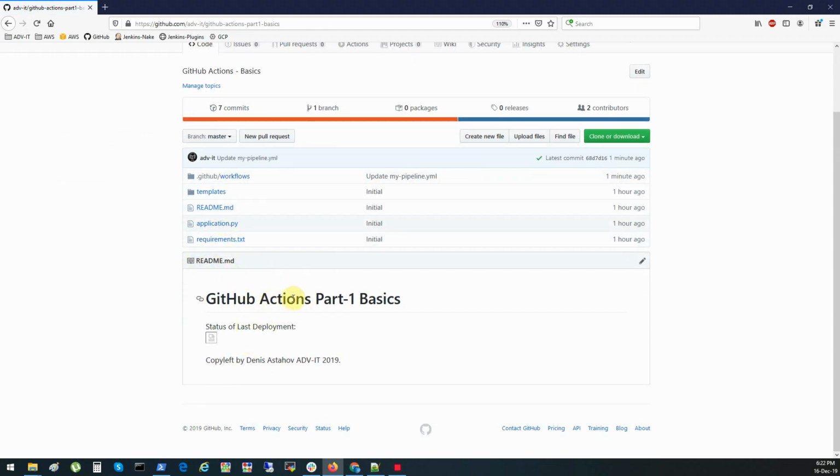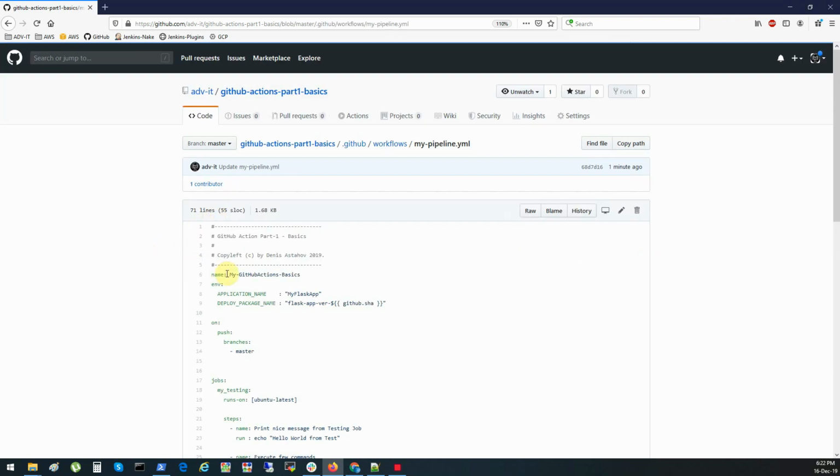In the README file, you can add a banner that shows if the last execution of the GitHub Actions workflow passed or failed. So it's really nice. So why not use it? I already have something, I just need to change it a little bit. So what we need to take is the name of our GitHub